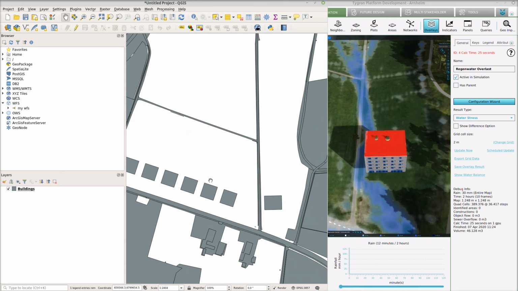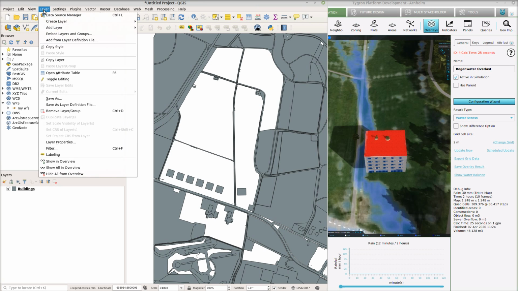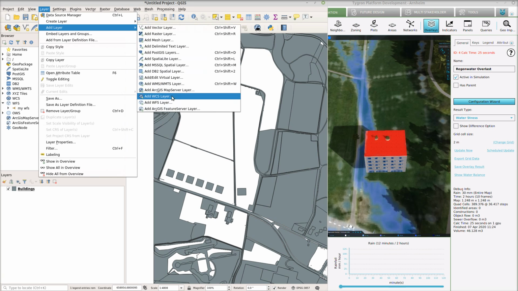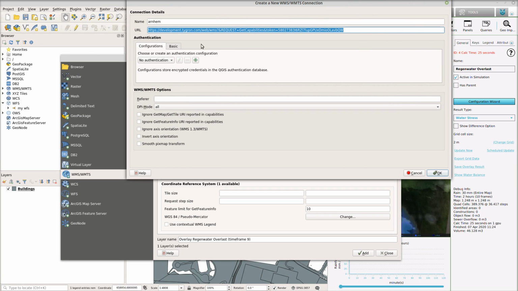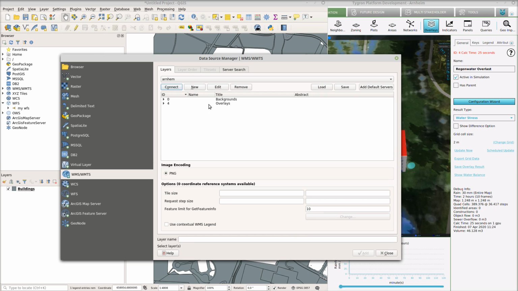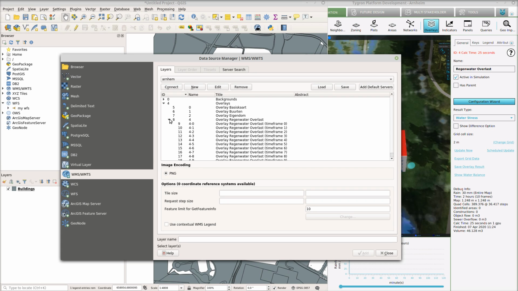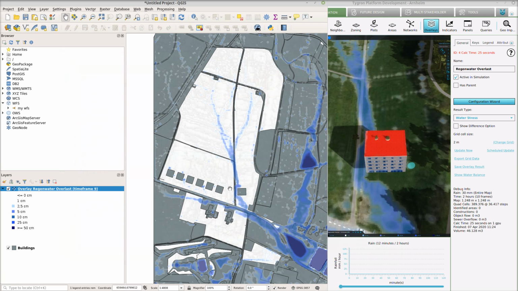So here I have my project again with the buildings in QGIS. And I can do layer, add WMS layer. And here I select edit. I enter the URL. Okay. And I'm connecting, you see the different overlays in my project. When I select the overlays and then go to the rainfall overlay, I can also select the last time frame. And when I add it to my project, you can see the